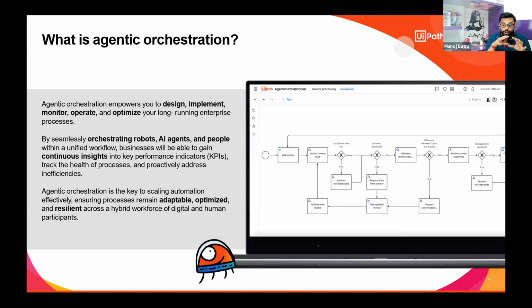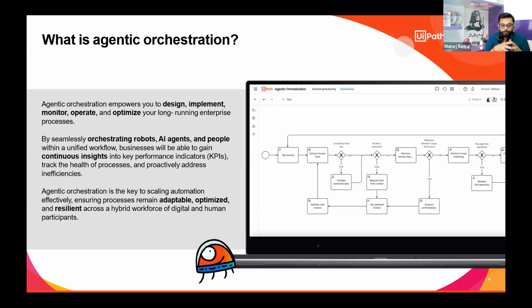So here your bots don't just run similar to RPA. They coordinate. Your AI agents don't just answer, they act at the right time based on the prompt that you pass. Your humans don't just fix the error, they work with the digital workers, your robots and agents. And your managers here don't chase the reports, they see the live dashboards and also get automated email alerts.